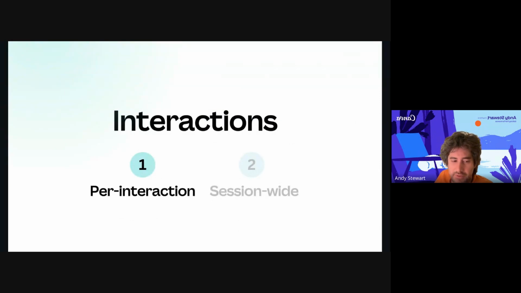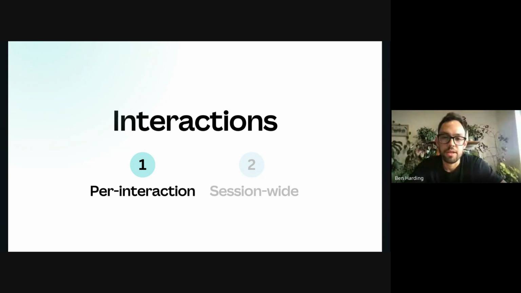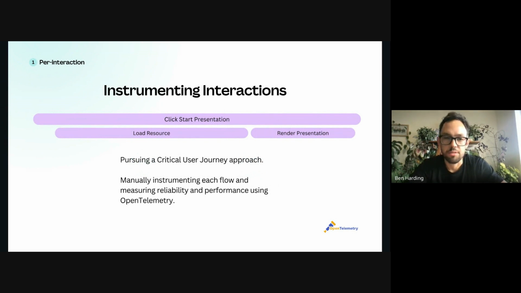Oh yeah, and now handing over to Ben to talk a bit about interactions. Thanks, Andy. So for interactions, we have it split up into two separate areas and ways we currently think about and measure. We have ones that are on a per interaction basis, and then we also track interactions across the entire session. And so diving into what we do for individual interactions, we're currently pursuing an approach where we measure the